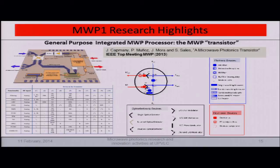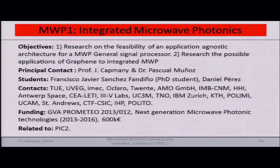But this is part of one of our main research lines, and we hope to have a chip on this by the end of this year. We also want to explore novel possibilities. An interesting alternative research line is to research the advantages of incorporating graphene on top of silicon waveguides as a fast tunable element to enable